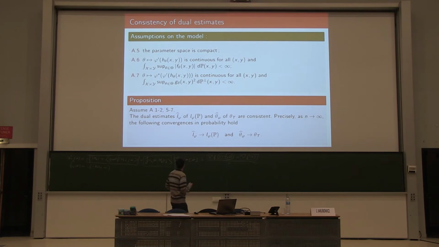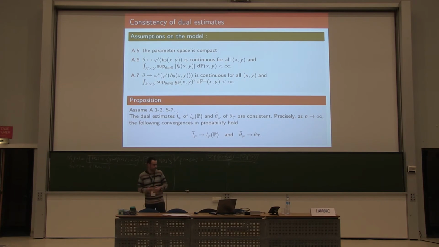Okay, so you have to add some integrability and regularity conditions on the model, which are quite classical in M-estimation theory. And under these assumptions on the model, you obtain that the dual estimator of the phi mutual information is consistent, that is, it converges to the true value of the phi mutual information of the joint distribution. Okay, so it is consistent, but